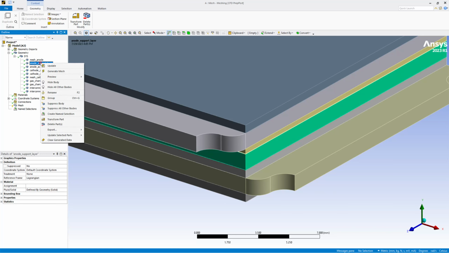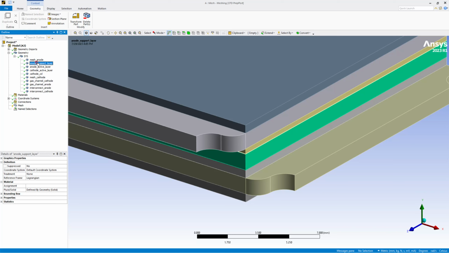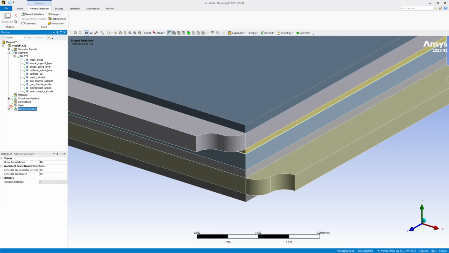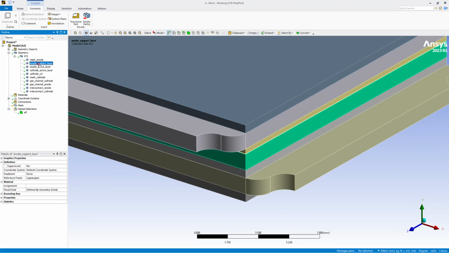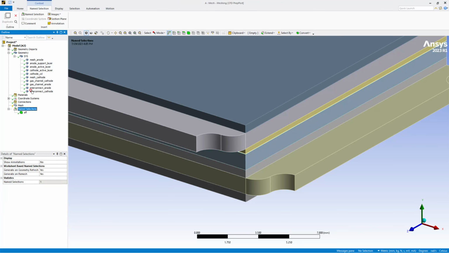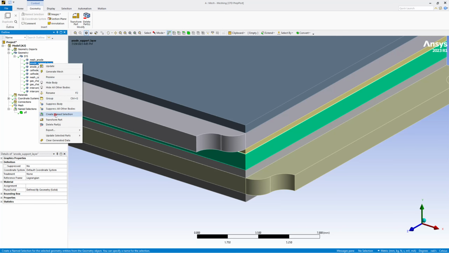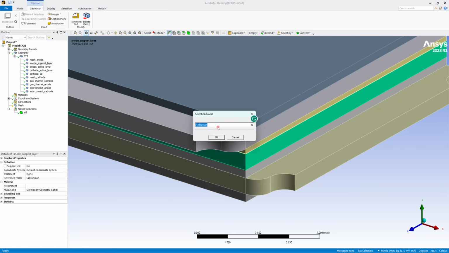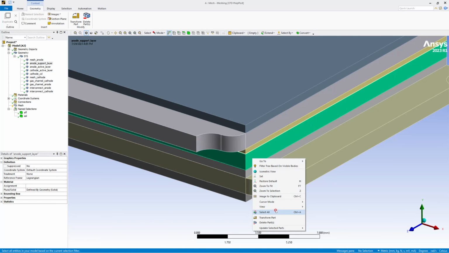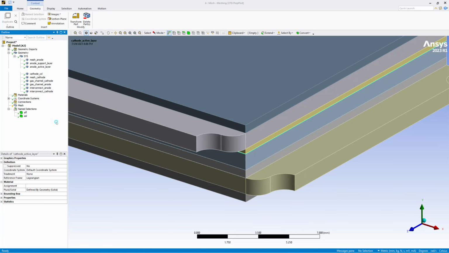We can directly use tab N, press N, got the AFL. Then the anode support layer, press N, create named selections, ASL. I think we can only press it when we select from here. Okay. After that we have CFL, cathode current collecting layer,